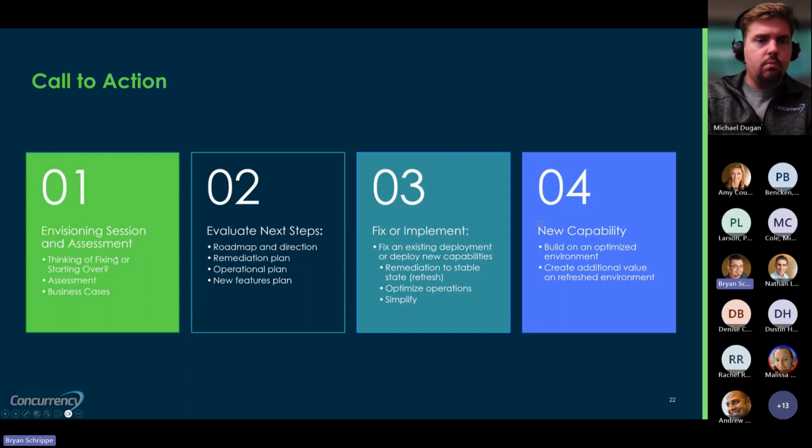All right, so how can we help? We can do 4 different things. We can do an envisioning session or assessment. So if you're thinking about fixing a bunch of issues or starting over, we'd be happy to help. We offer an assessment to go through your environment and actually take a look at a lot of those issues. We can help you define business cases or use cases